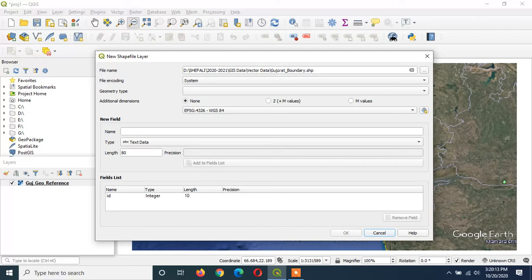So here Gujarat boundary.shp file you can see, and this is the path where it is stored. When we create any new shapefile, along with that 3 supporting files are also created, and that is .dbf, .shx and .prj. So after we save this file, we will check whether those files are created or not by looking into that folder.